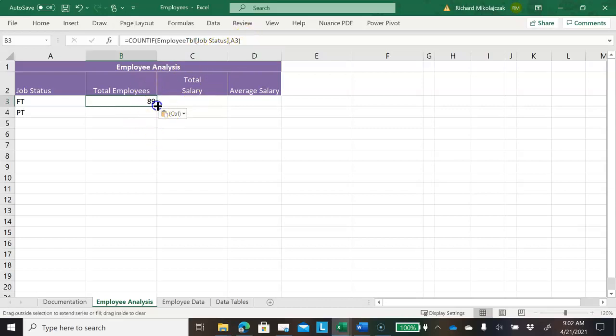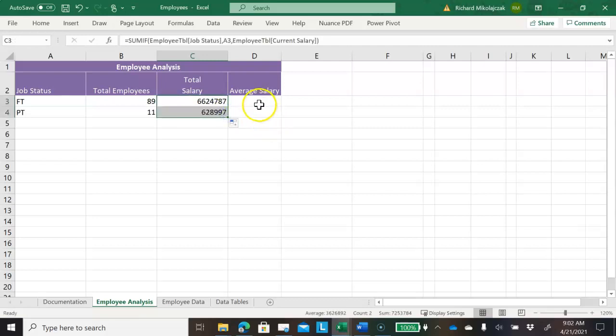We actually already put that employee job status A3. And we can do the same thing for down here because it's changing for 4, and that's the 11 part-timers we have. And we go in and we change our salary. Let me copy that one. Again, paste. There we go for that one. We bring that down. And those are the total